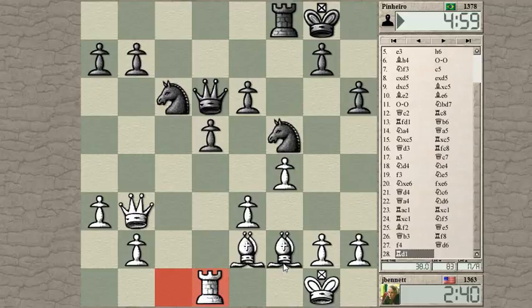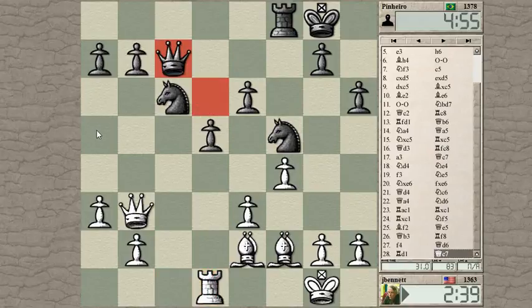Well, the dark-squared bishop here is controlling these squares that this knight might hop in on. This knight could also come in on dark squares. He could hit the queen here. Okay, his queen drops back to the c-file. Yeah, he just unpins there. So I want to